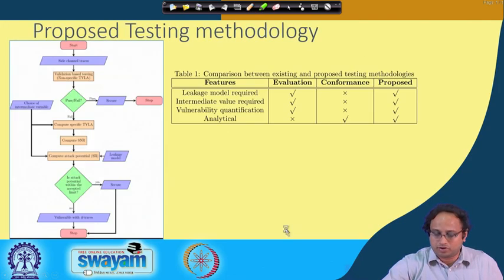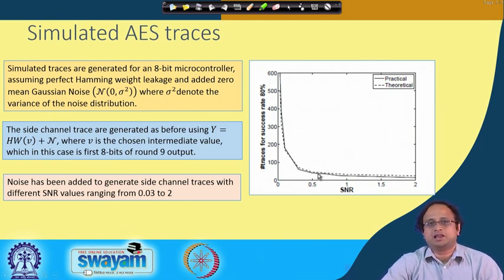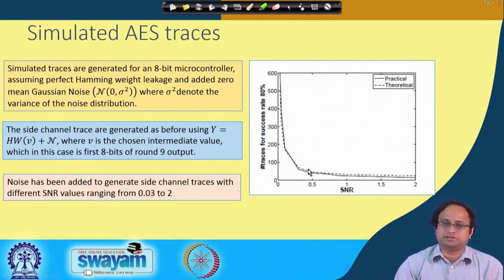So therefore, what I do over here is estimate the number of traces required for a success rate of 80%. That means I fix the success rate, and then for a given SNR I plot our expected, that is the theoretical graph or theoretical profile, as well as do a real life power attack and try to match the results, okay. You can observe that the match is quite close, and in fact, if you observe very minutely, you will find that when the SNR is high, the deviation is a little more, okay.